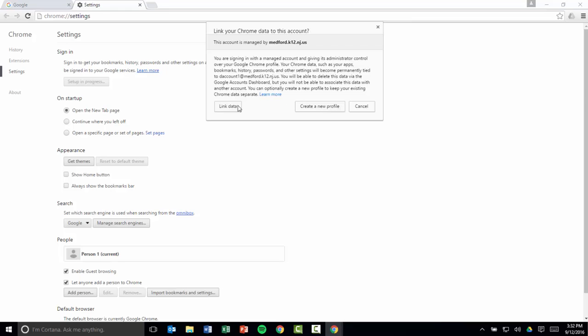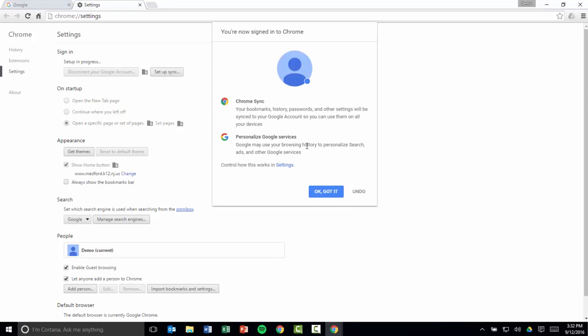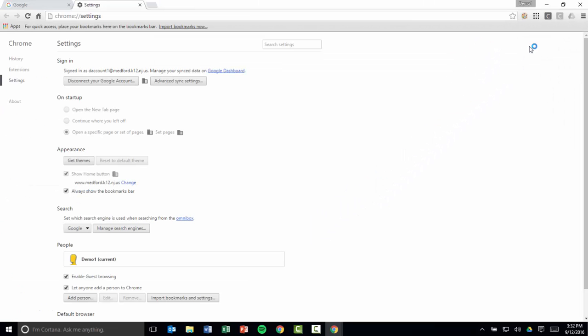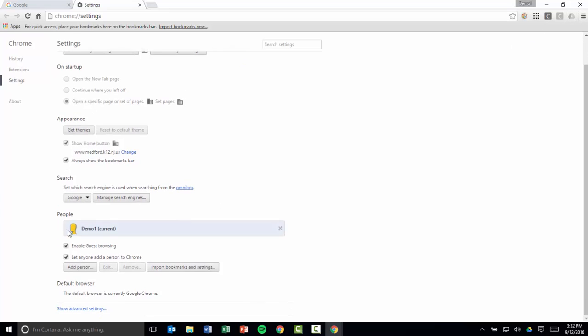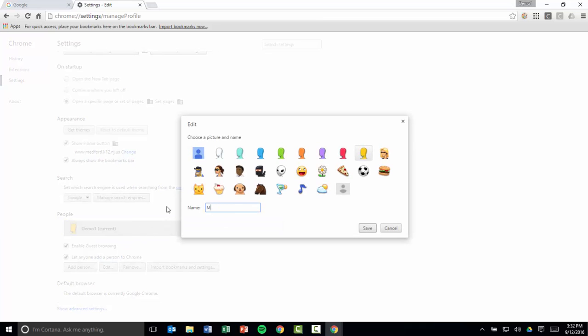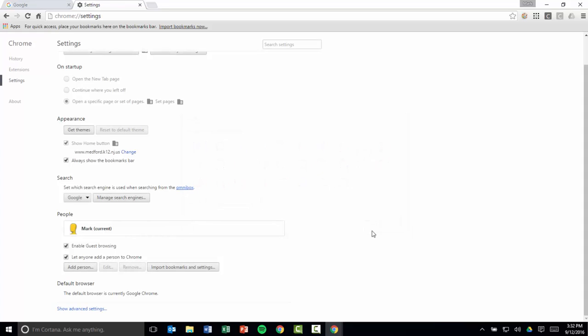And I choose Link My Data. I'll choose OK, got it. And Chrome will start doing its magic. You can see it's starting to install the apps and extensions that are associated with this account and importing any bookmarks I might have. If I wanted to, I could even go back into Settings, and under People, I could choose Edit, and I could change my name. And you can see in the top right-hand corner now, instead of a silhouette, it has my name as being